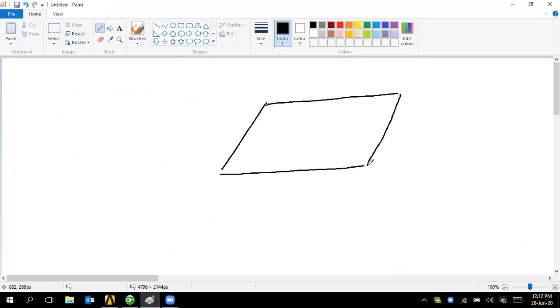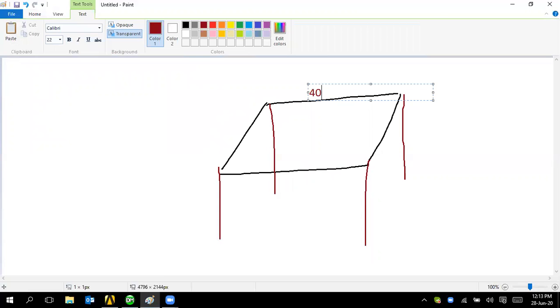So here's one stool which has a leg like this. Okay, so consider this 40 centimeter, and since it is a square, this is also considered 40 centimeter.